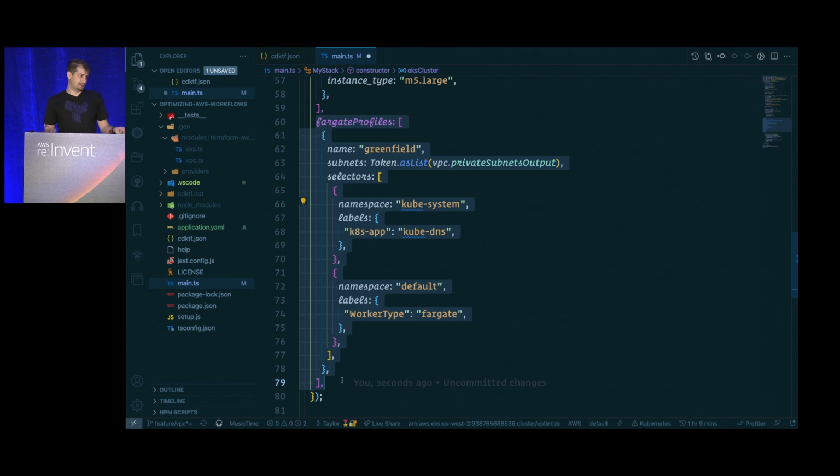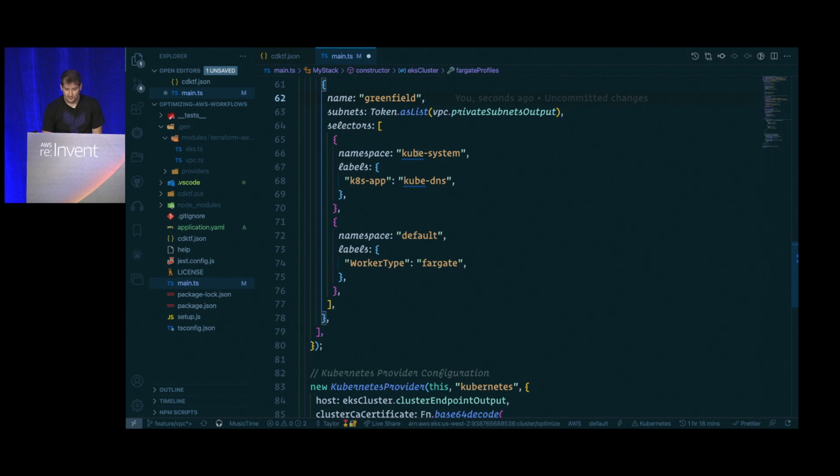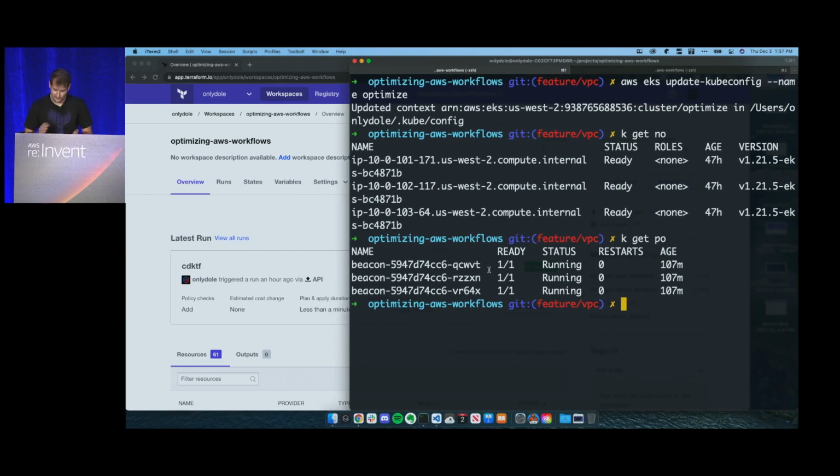So with this, I'm going to spin up a Fargate profile. And you have to give it a name. You have to give it a network space to operate within as well. And then you have to add some selectors on that as well. So with this, I'm going to select kube-system, because I want to run kube-dns within Fargate as well. And then I'm just operating within the default namespace within my Kubernetes cluster as well. And so I've added the worker type Fargate to my YAML. So I should be able to get this deployed and get this up and running. And then I'll go through the rest of my demo here.